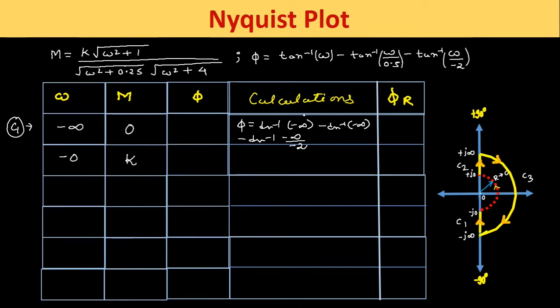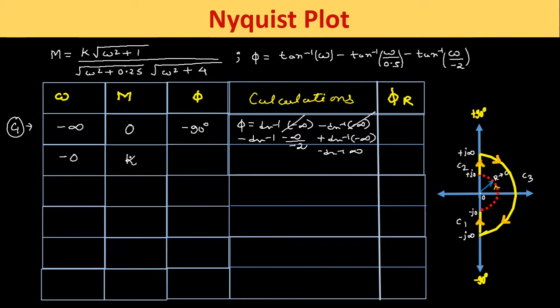Okay, so this value and this value get cancelled out because this is positive and this is negative. Now we will take this value only. When we move this negative sign outside, it will become plus tan inverse minus infinity. So when we take the negative sign outside, it will be equal to minus of tan inverse infinity. We know that tan inverse infinity is 90 degree, so here we will take minus of 90 degree.